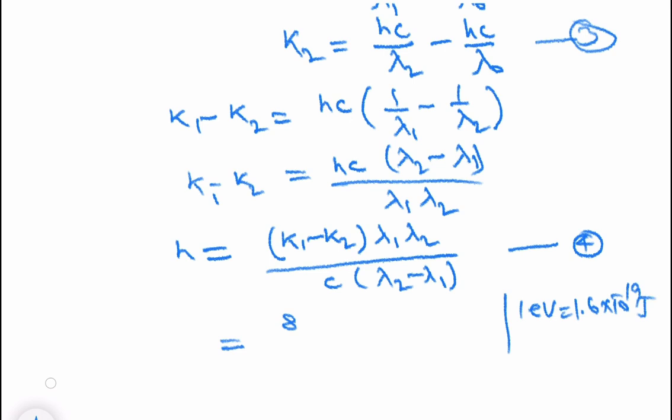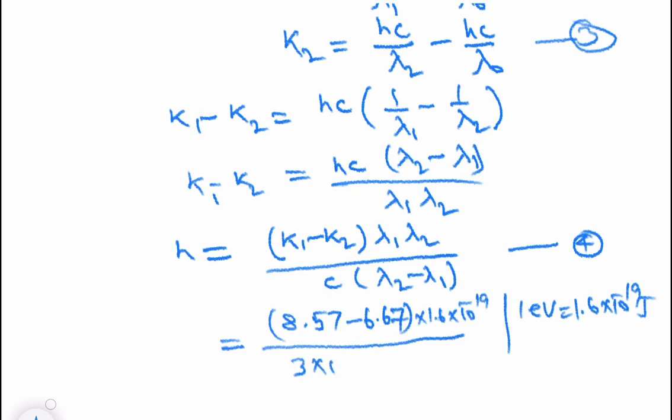So from this, 8.57 minus 6.67 into 1.6 into 10 to the power minus 19 divided by 3 into 10 to the power 8. This is joule and this is meter per second,